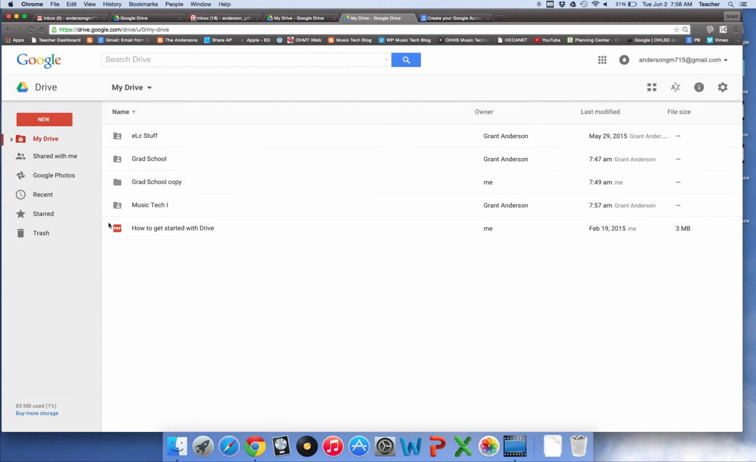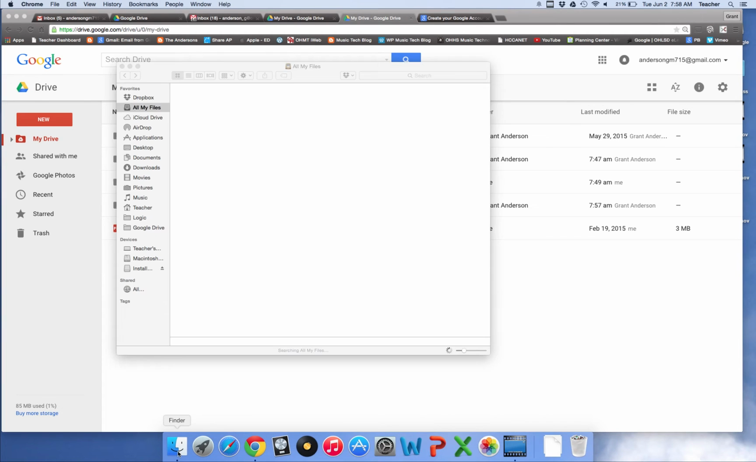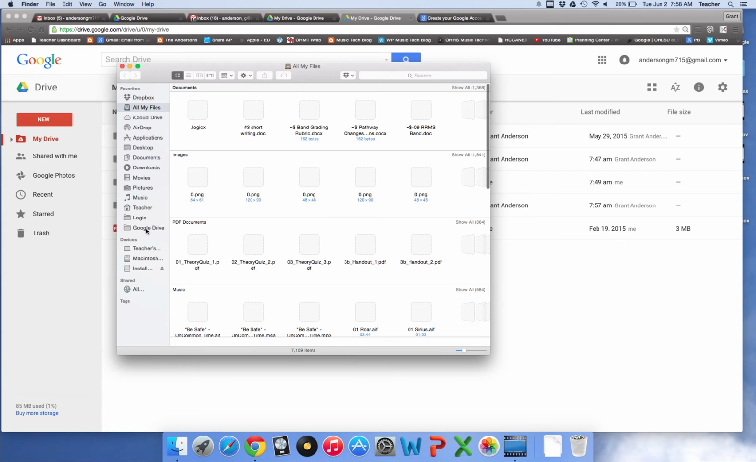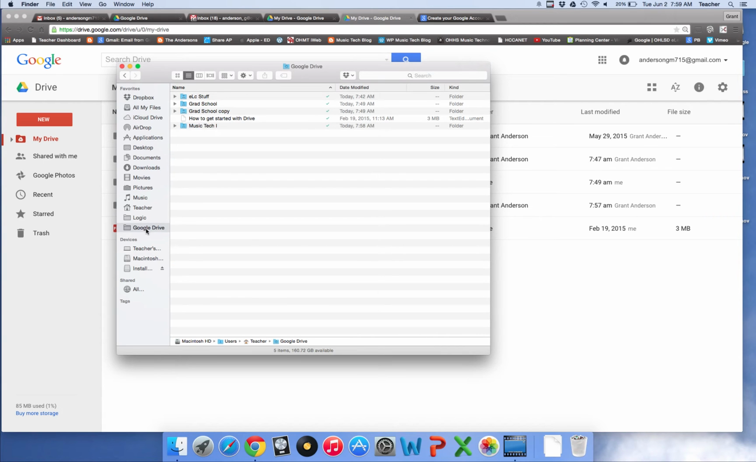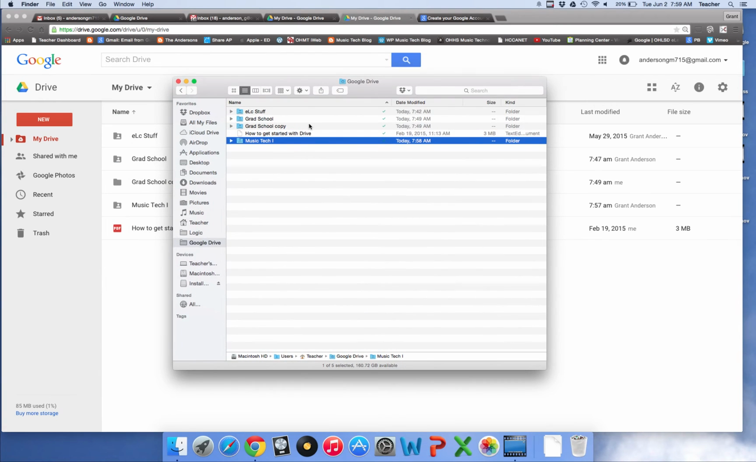This is really important. The reason that we have to do this is this will allow it to automatically download onto our computer. So let's go look at our Finder on a Mac. If you're on a PC, you're going to be going to your My Computer. And what we see right now is there is my Music Tech 1 folder sitting on my computer, which is